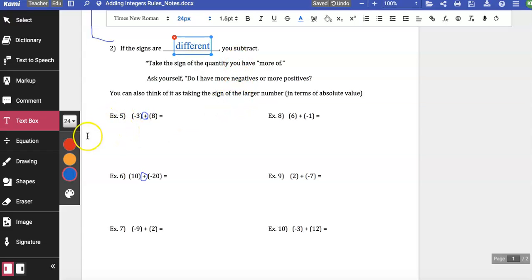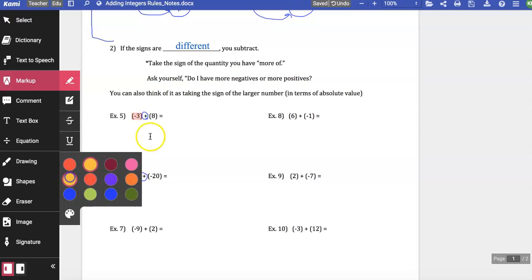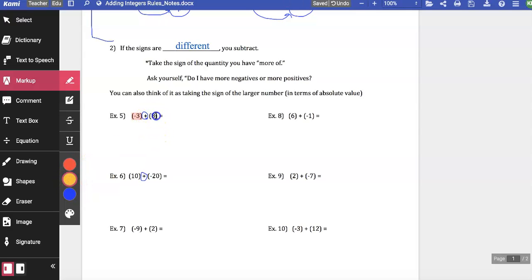All right, so example 5. I'm going to go to my markup, and I'm going to highlight the red number and then the yellow number. I'm just referring back to what we've learned when we worked with integer chips. This is like we have 3 red integer chips. This is like we have 8 yellow integer chips. If the signs are different, so that's a -3, and this is a +8, those signs are different, and you're adding them, so there's an addition sign between, then